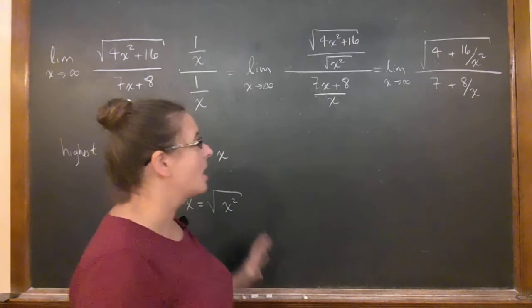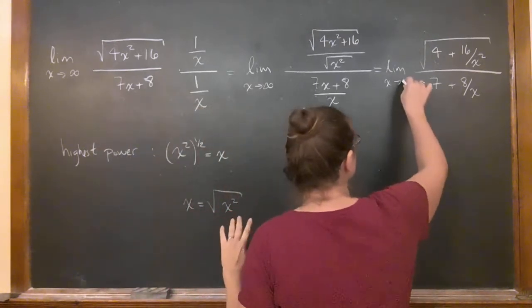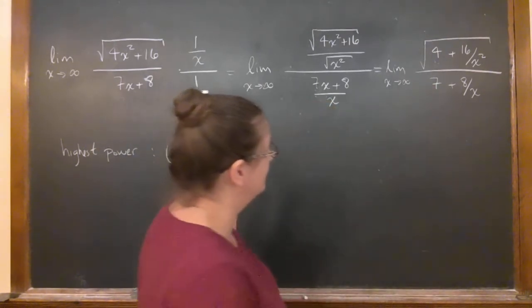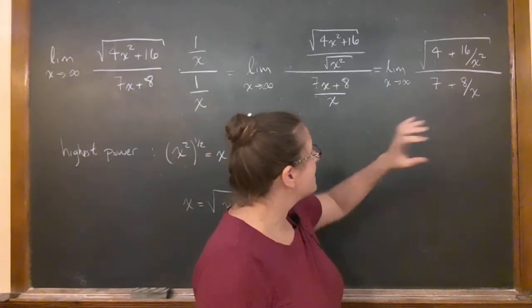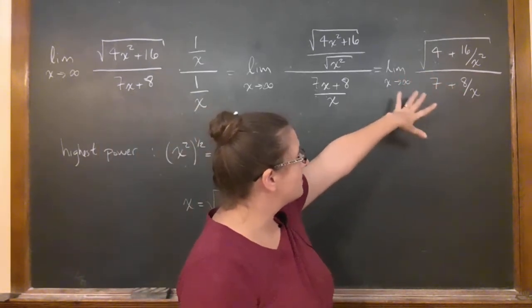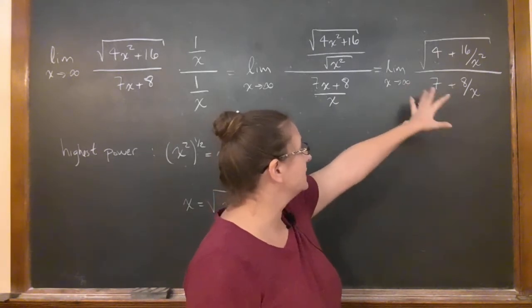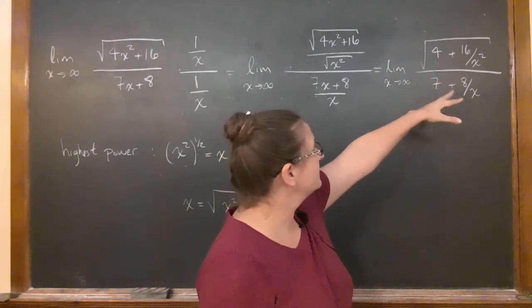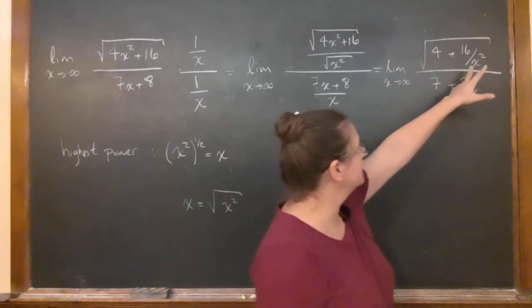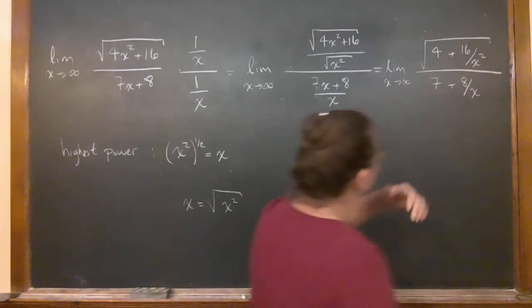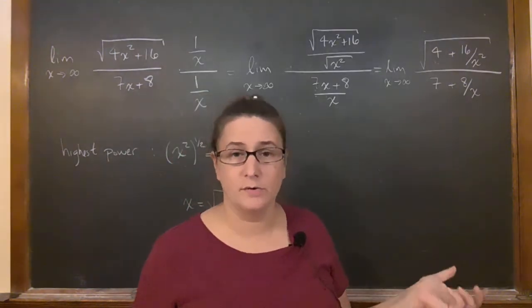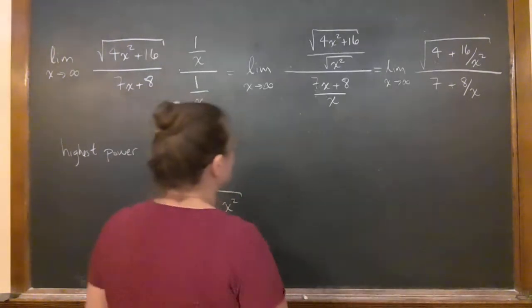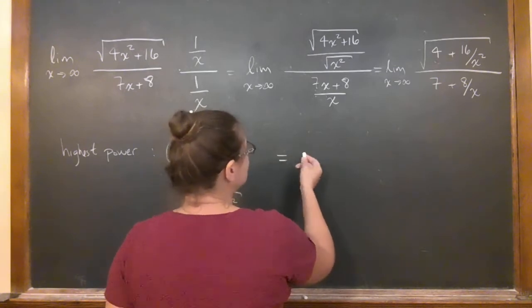Now, however, I'm fine to take the limit through, because everything here is going to be positive as I go out to infinity. Everything here is actually going to even be finite. I can pull the limit under the square root because the square root is a continuous function. So basically I'll write it once,